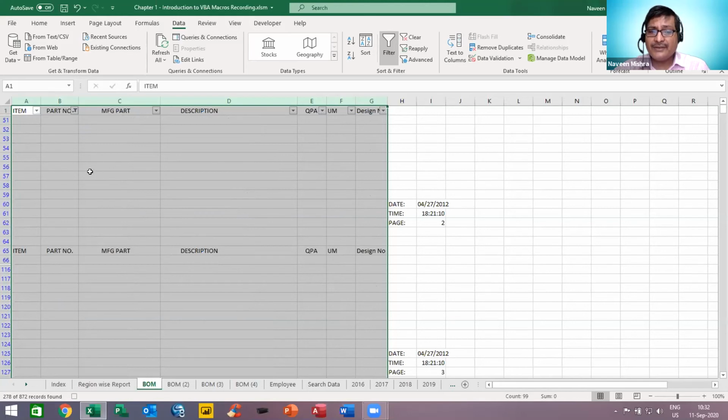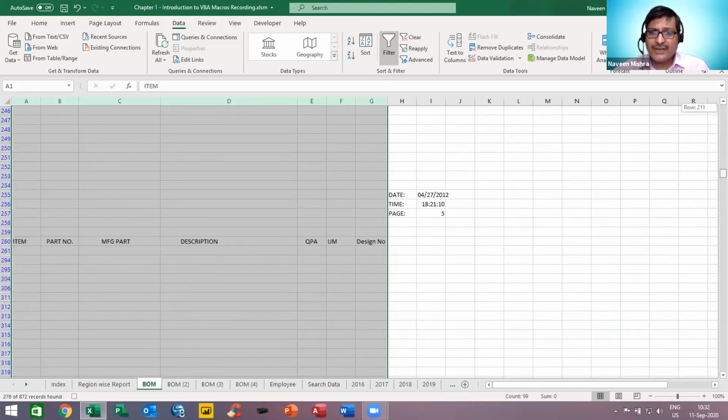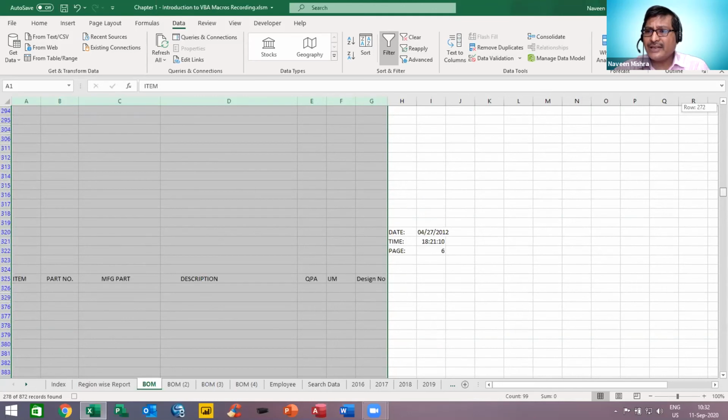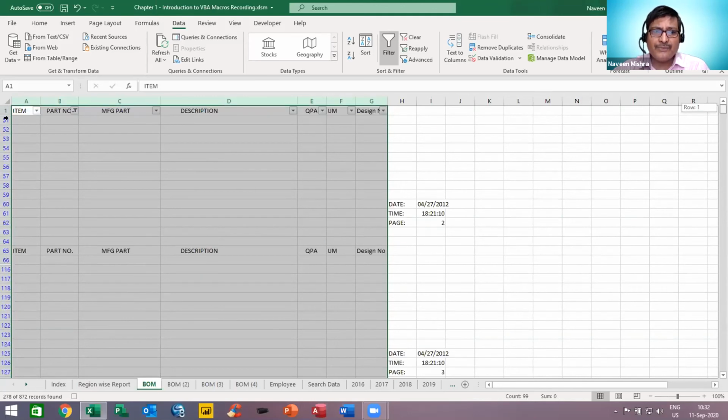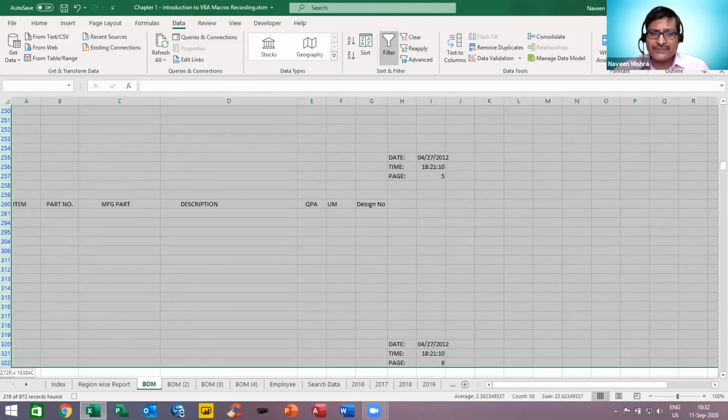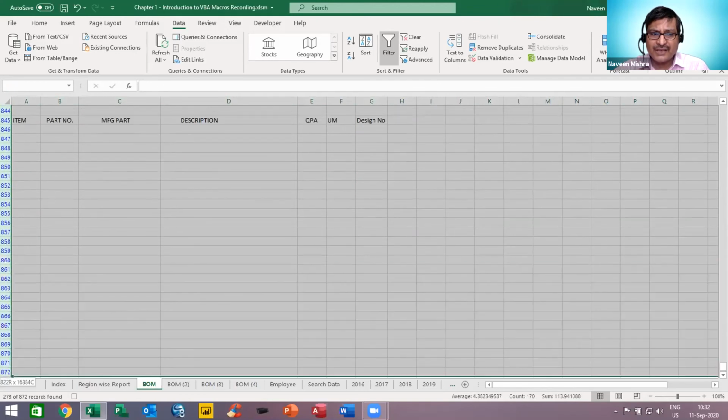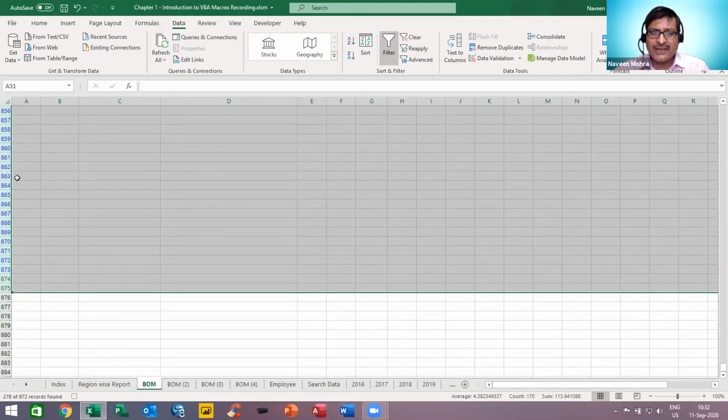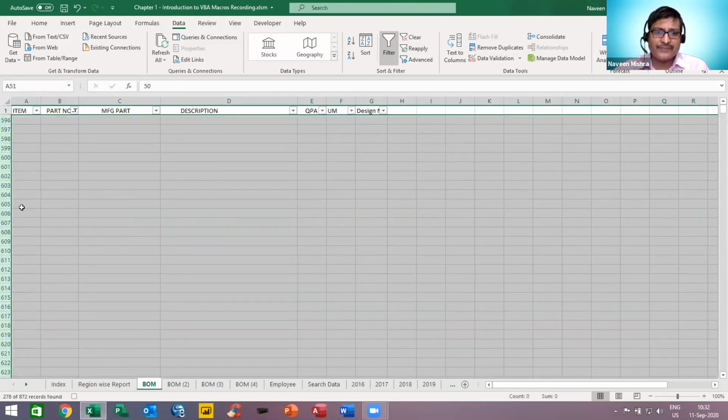And after this, see, so many blank rows are available, right? So I want to select these blank rows. Select these blank rows, right? Then you can go to the row ID and right click and delete. Just click on that clear.